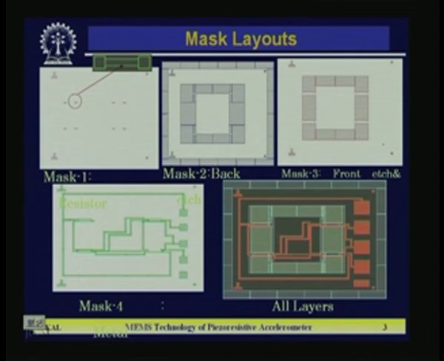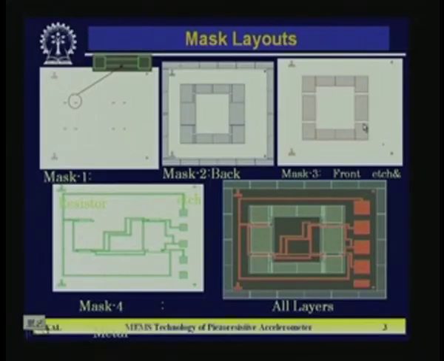Initially from the back, some of the layer is etched using TMAH, and on the front also, if we remove the silicon dioxide from selected portions, then when you put it in the etch bath, from some regions it will attack from the front side and the back side, and a through hole will be formed. In the front etch mask, the flexure region and the proof mass region at the center have to be protected, so that from the front those regions will not be etched, but from the back it will be etched and stop somewhere, meaning at the flexure